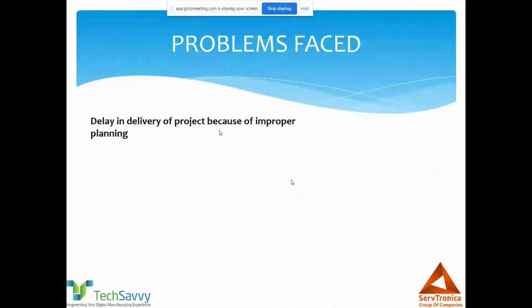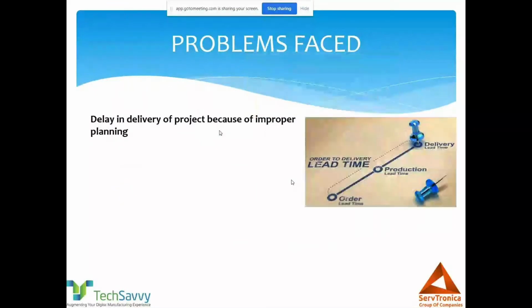Now, another major concern we see is delay in delivery of projects because of improper planning. For all machine projects, machine builders or SPM makers, every order has a set delivery date. If I get an order today, that is day zero, and I need to deliver it FOR site within 4, 5 or 6 months of the date of order.